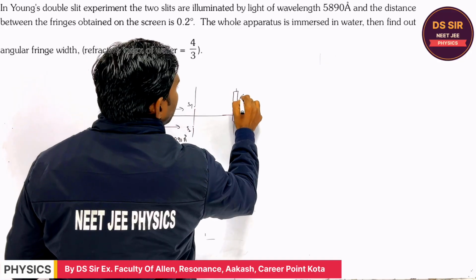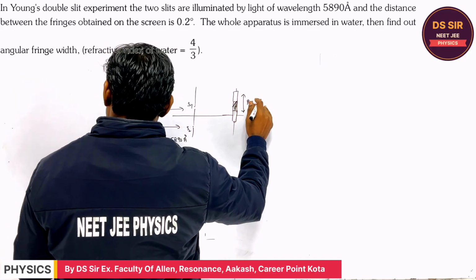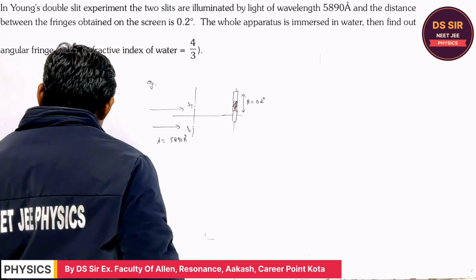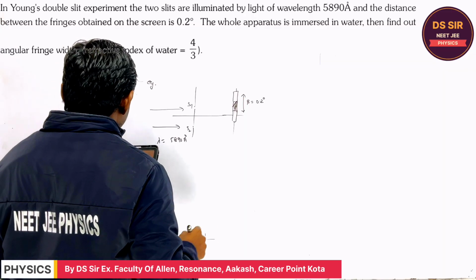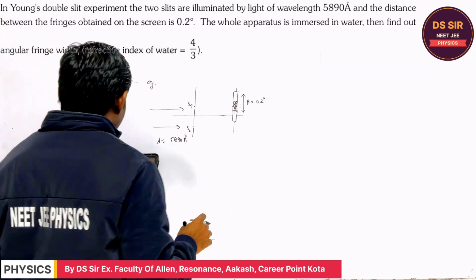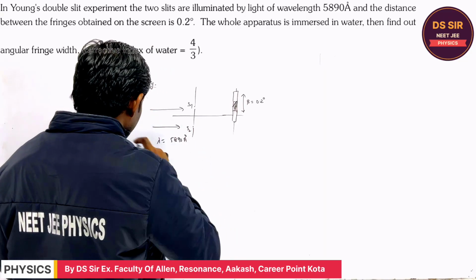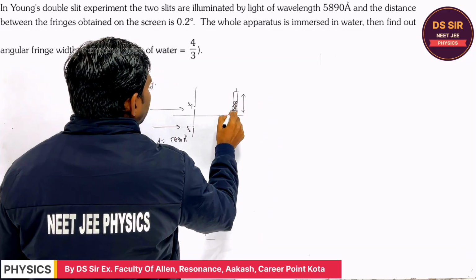They are telling the beta, right? Beta is, say, 0.2 degree. The distance should mean the angular separation, right? So this is not the beta, rather